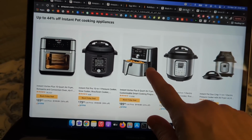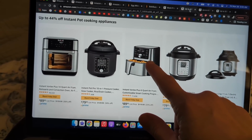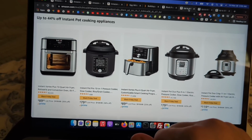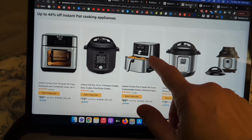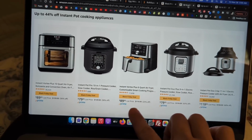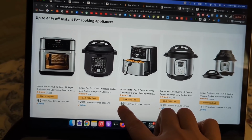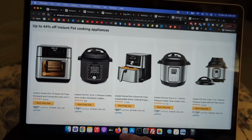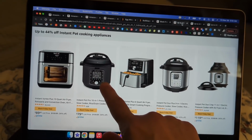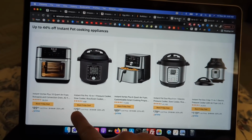And I think the only difference is that it's silver and that it has a dehydrate setting. The one I have does not have a dehydrate setting. And as far as I know, that's the only two differences. But the price of $89.95 is pretty good. It's usually $119.99. So that's $30 off. Not bad. As far as Instant Pots, the Pro Plus 6-quart is on sale for $79.95, and that is a